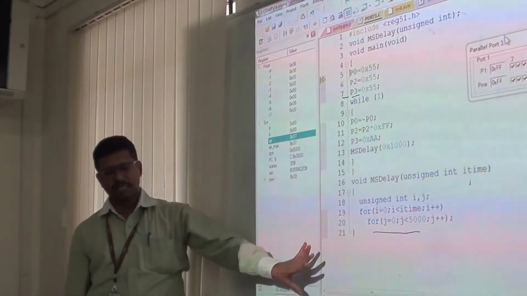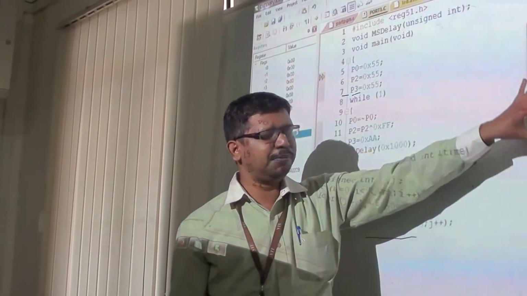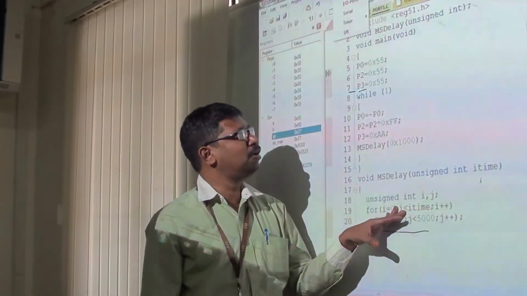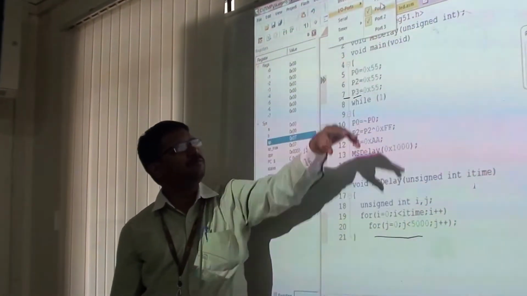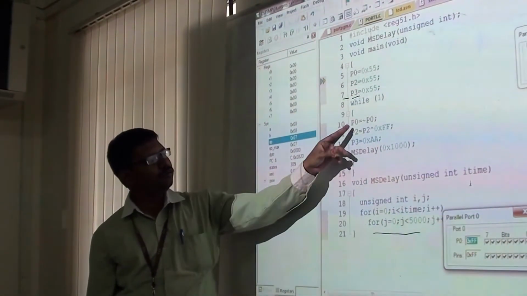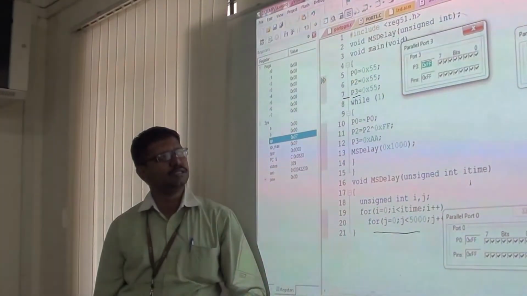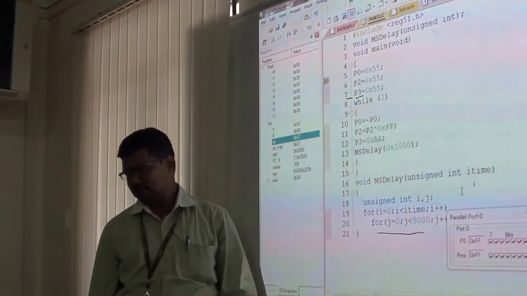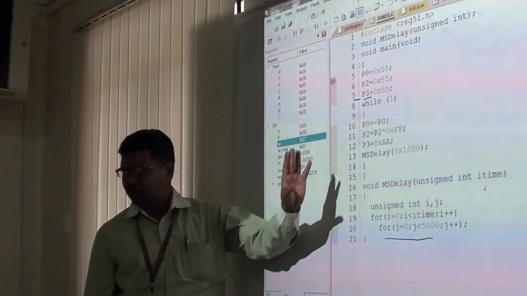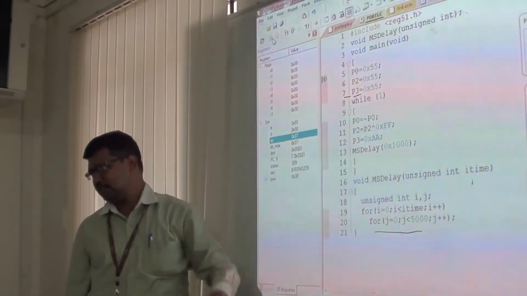You may obtain this screen. In this screen, you may not have all these ports enabled. If you want to enable all these ports, you just go to peripherals, input output. You can pick the ports whichever you want. So we have used port 0, port 2, port 3. We are going to enable all these ports simultaneously. So all the ports have been enabled and we are going to arrange them in a manner to observe. And after performing this step, we are going to run the program continuously.